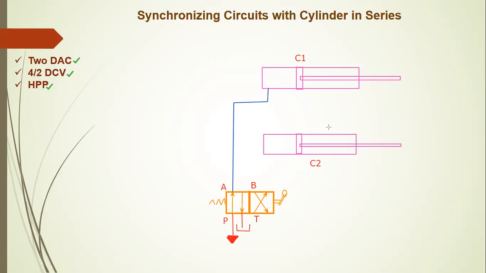Then the excess oil from cylinder 1, on the other side, is connected to the second cylinder. Here the oil passes from the first cylinder to